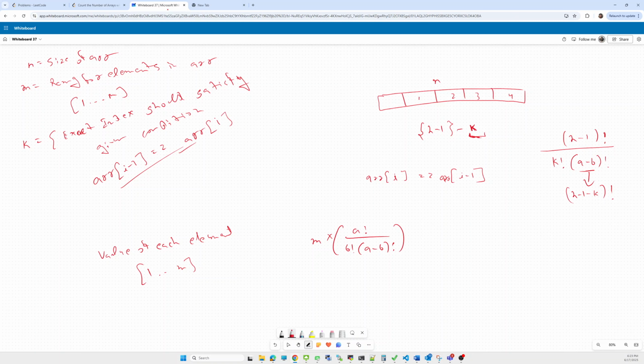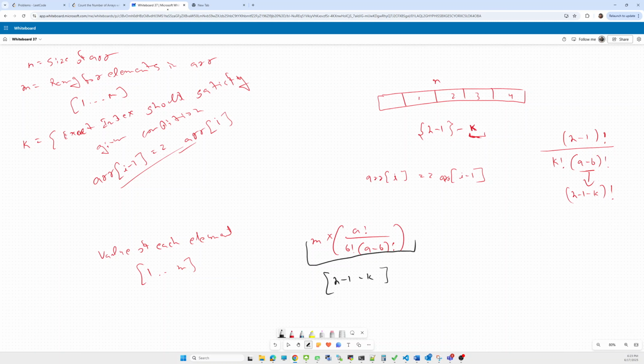Now this is the one case, but what will be for the rest of the cases? For this one we are talking about n minus 1 minus k. But what will be the rest?